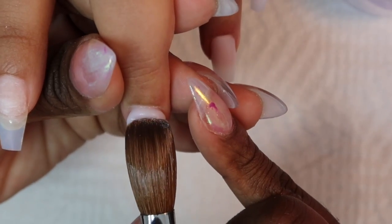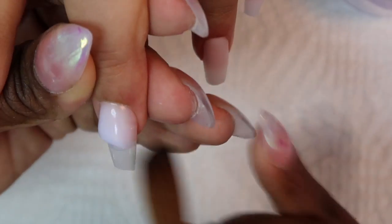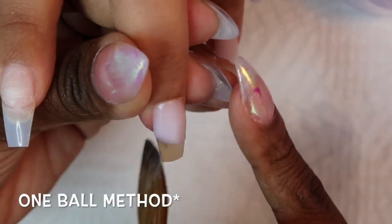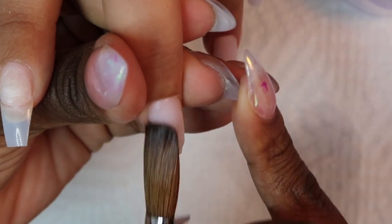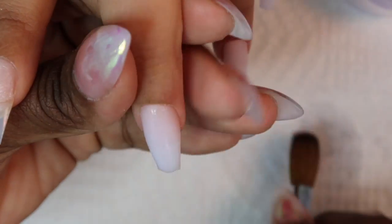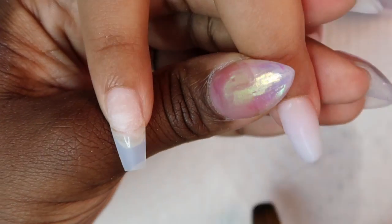Alright, so I've already gone ahead and prepped all of the nails and kind of pre-shaped them. Now I'm going to go ahead and do my one ball method. The acrylic I'm using today is Bare Me by Valentino Beauty Pure, and of course I'm using my Young Nails liquid as usual. I'm also going to be using my number 18 Kolinsky brush. I like to use a larger brush when I'm doing the one ball method,